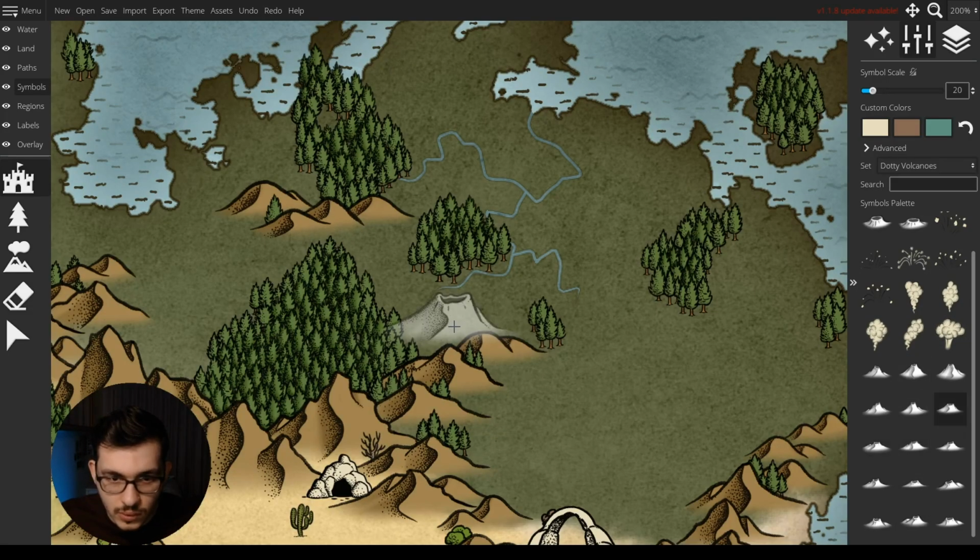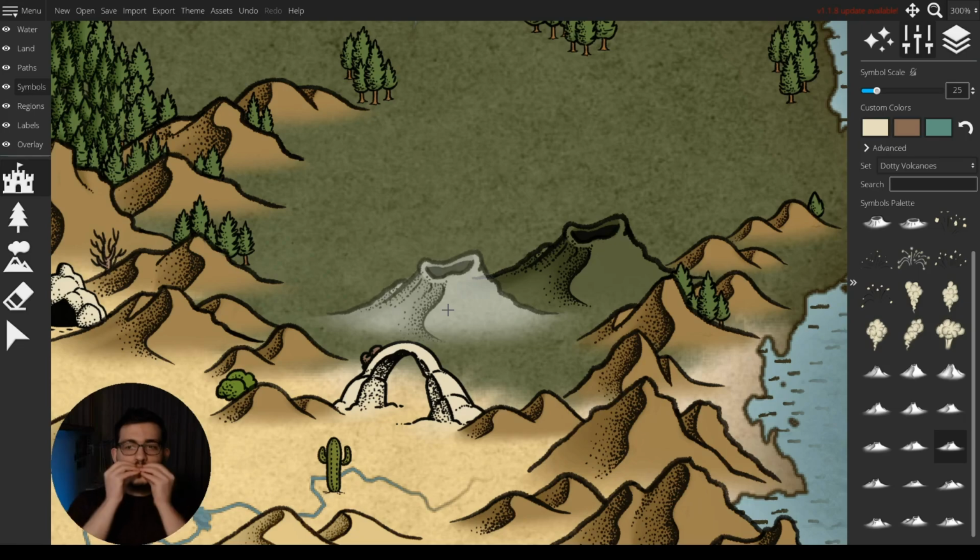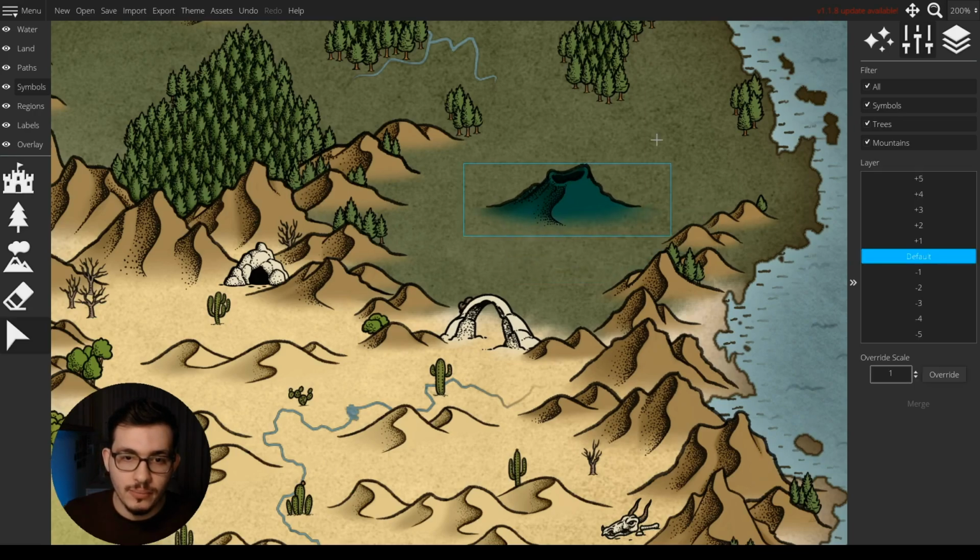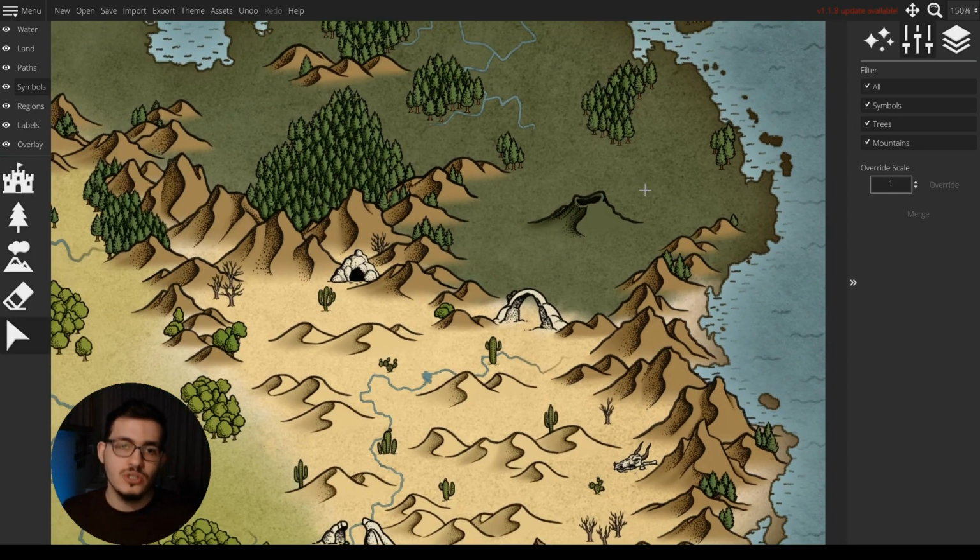Let's add one volcano. I just want a small volcano here, not a big one. This is a perfect example of why I recommend adding the volcanoes when you're doing the mountains, because if they are not separated from the mountain ranges like this, which is what I was mentioning, if it is only one, you can get away with adding it later on. It's not going to require so many revisions.